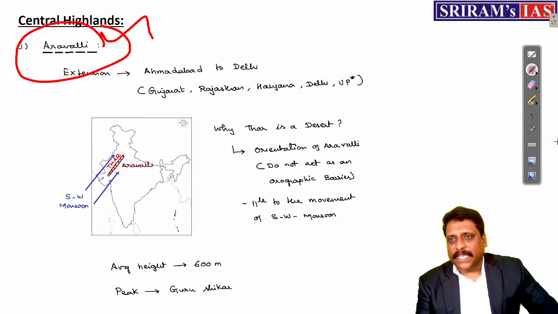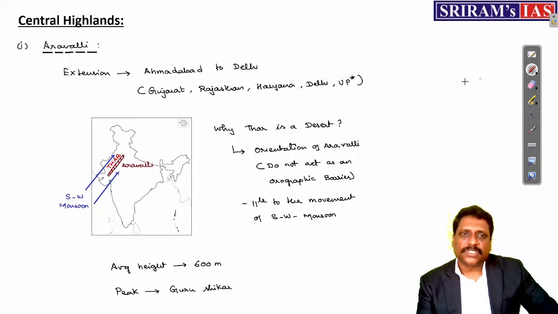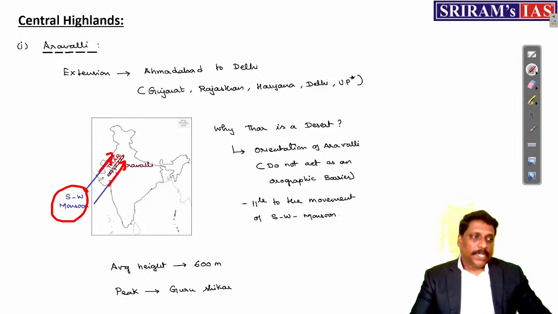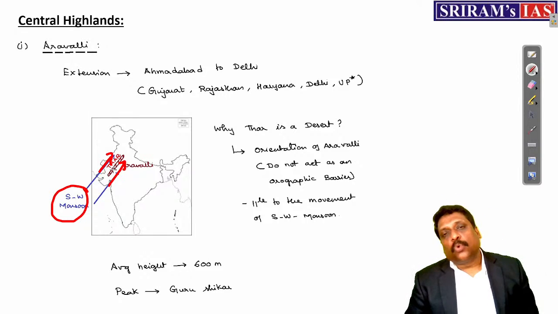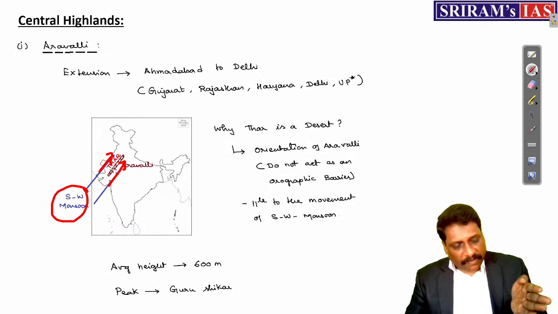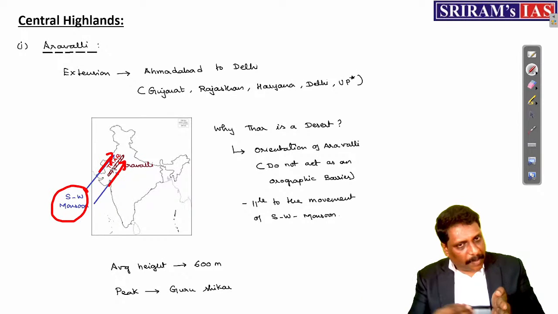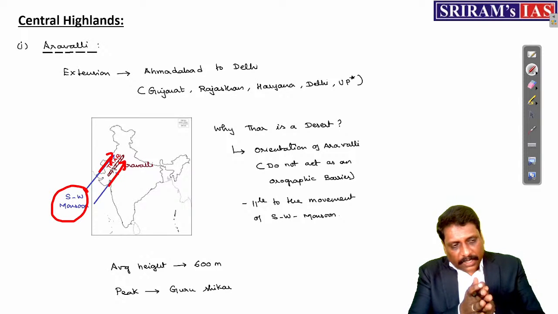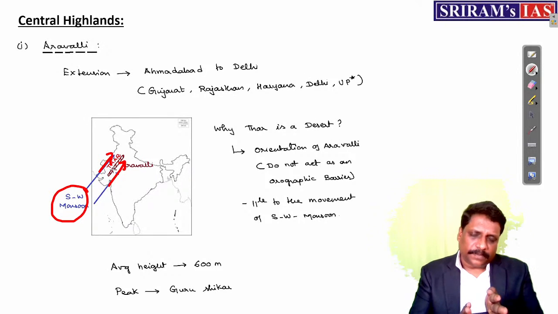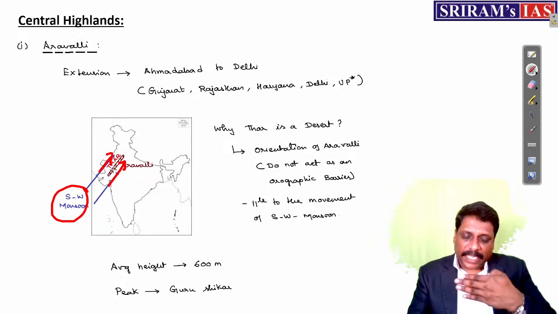Am I right? Why exactly do I say the culprit is Aravalli? Because Aravalli and southwest monsoon almost lie parallel to each other. The flow direction of southwest monsoon is almost parallel to Aravalli. So Aravalli fails to act as that orographic barrier. If you remember earlier, we said Western Ghats acts as a perfect orographic barrier. Only a mountain, when it lies perpendicular to the movement of a wind, will act as that orographic barrier. Now here what happens, it is lying parallel.